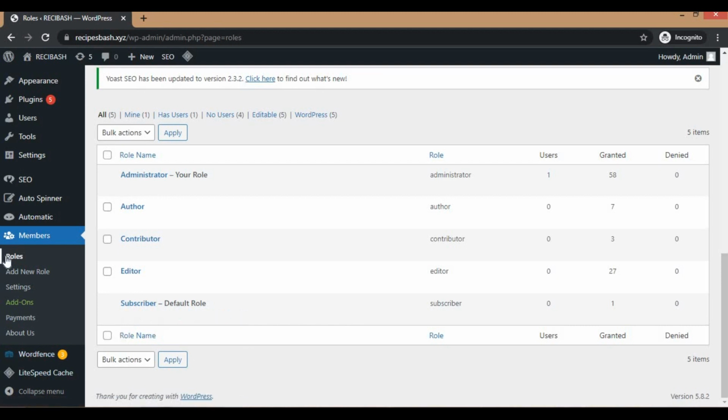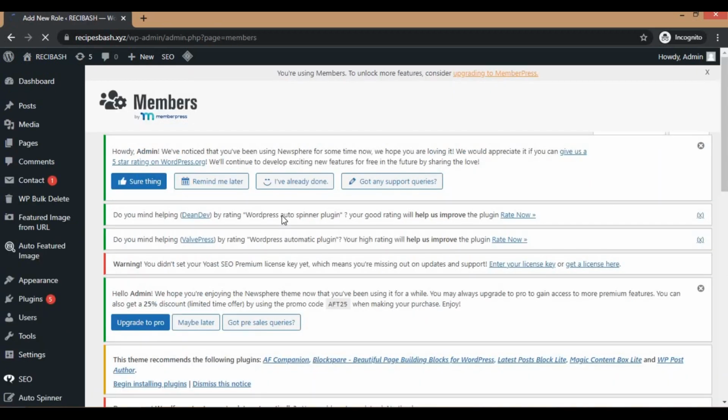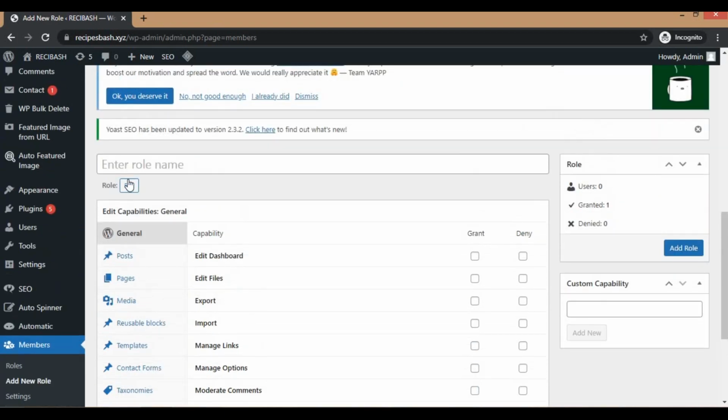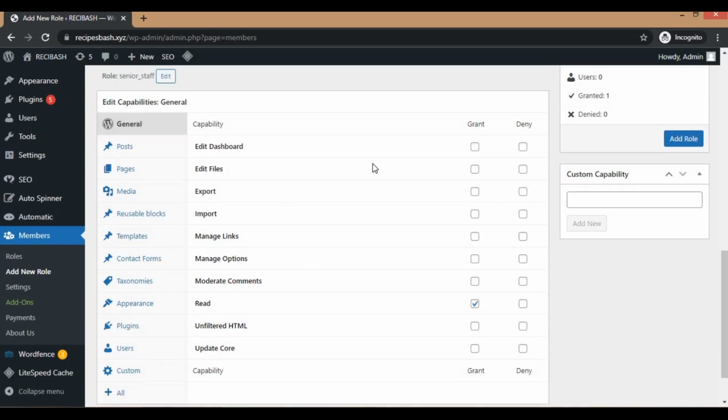So to add a new user, all you have to do now is to go to the section here, click on members, and then you click on add new role. So this will actually bring out a page where you can add a new user and of course a new role on your website. So you can give the role a name here. You can enter the name, you can say senior staff, for example. So type in senior staff, and then you check the particular